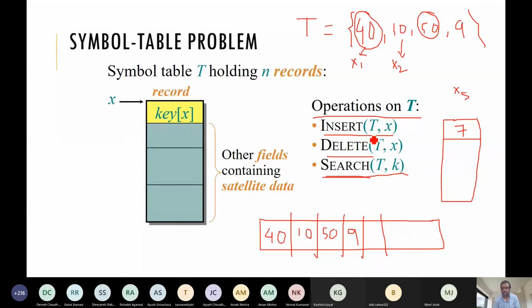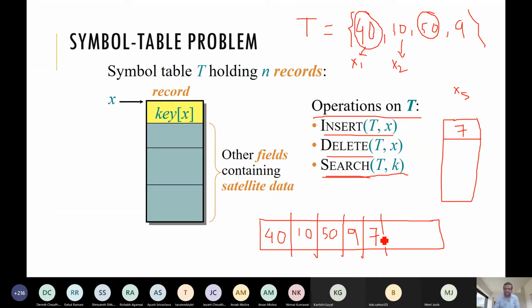So when we want to insert this 7, how do we insert? We go to the end of the list or array and insert the 7. If it is a linked list, we have to create a node in the heap area of the memory. In C we can use calloc or malloc to create a node, insert this node, and have a link like that.